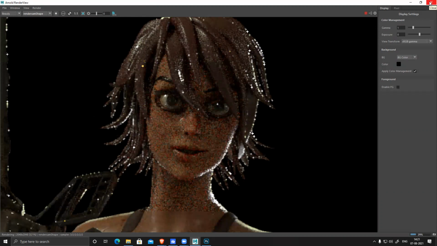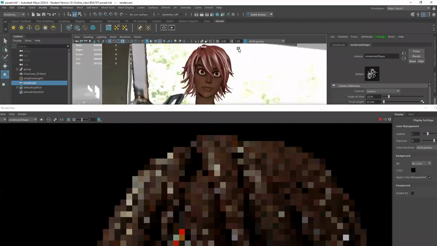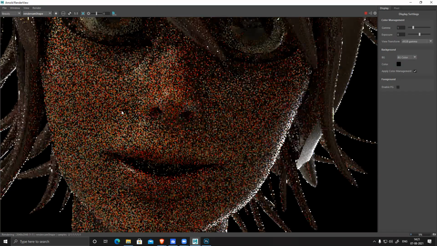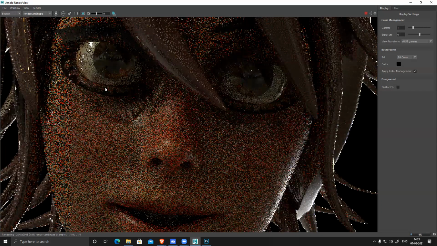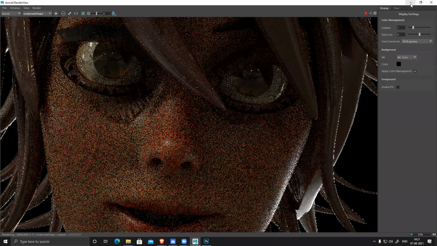Is it rendering properly or not? But I can see a black patch. You can see in shaded there is some issue here.